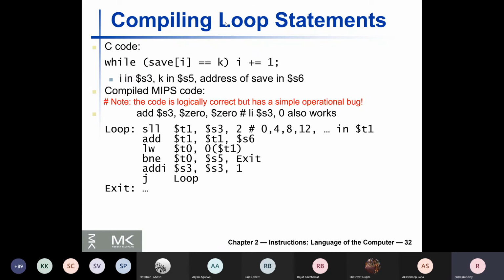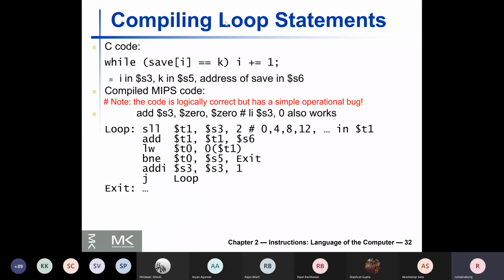Any question about this code? Again, you could have written it in a different way without using shift operations on the left. You could have added 4, addi 4 to the loop variable or some address variable and you could have proceeded like that. Here they have shown what happens in pointer arithmetic. That's why they have used the SLL instruction intentionally.